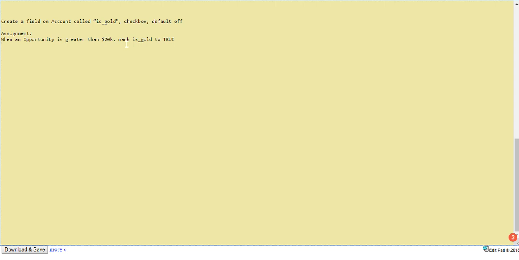In this task we are going to create a field on account called is gold. The field type will be checkbox and the default value will be off or false. Our assignment is whenever an opportunity is greater than 20,000, mark is gold to true. That means whenever the opportunity amount is greater than $20,000, the related account field is gold should be set